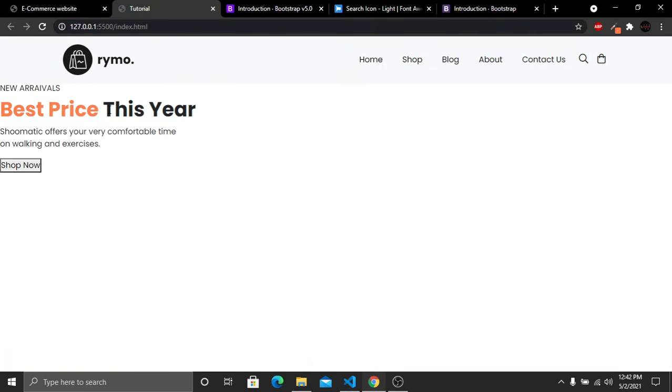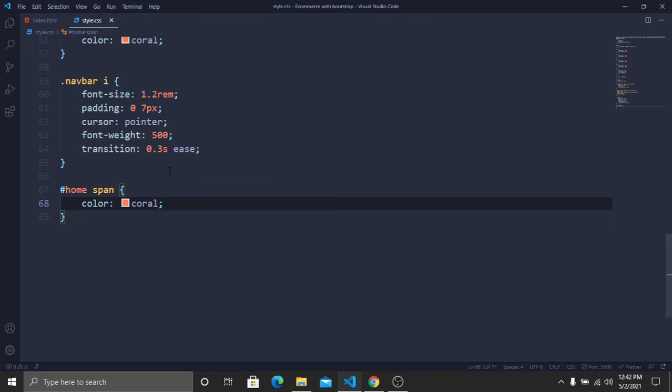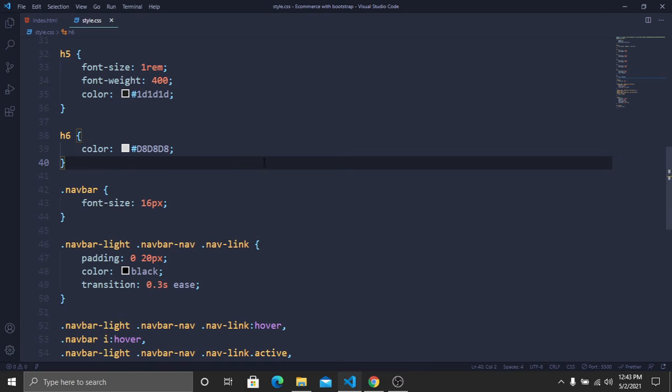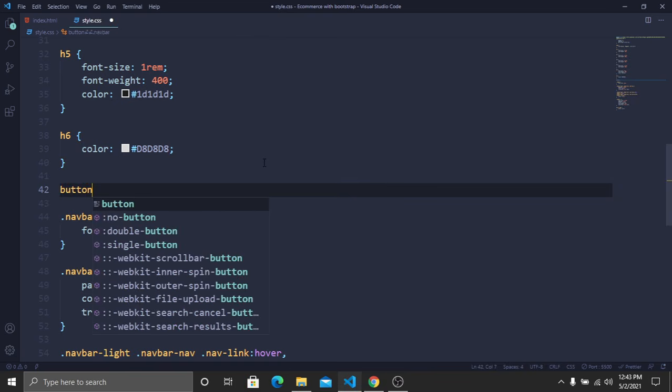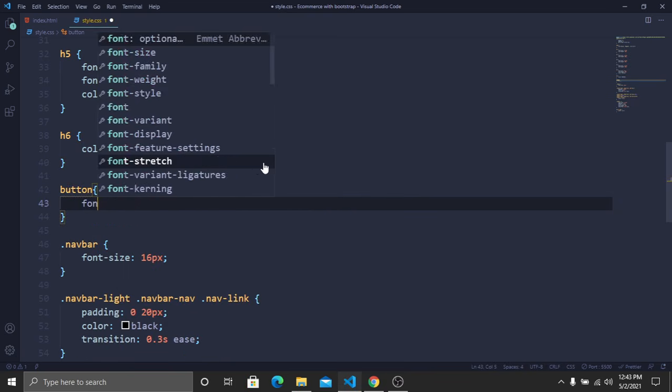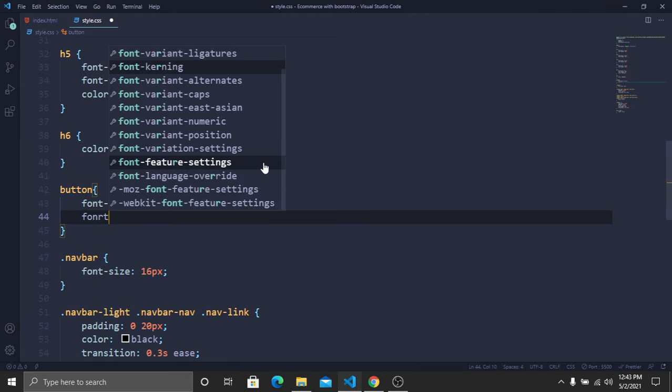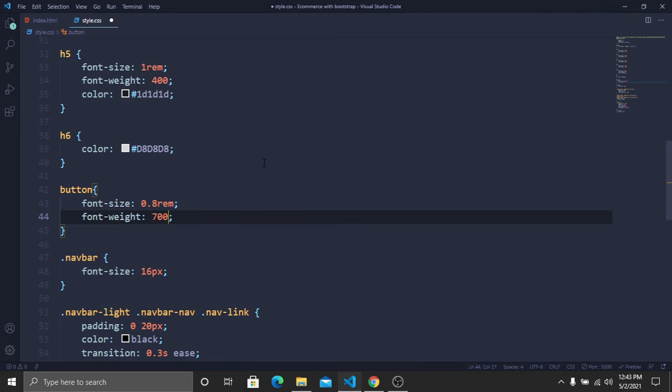After this one, now we have to style this button, and I will create this button as a global tag, because we have to add more buttons into our website. So I don't want to write these codes again and again, that's why I will declare this button as a global tag. And here underneath this h6, let's create a button. First thing I will do, I will give a font size, and the font size will be 0.8 rem,